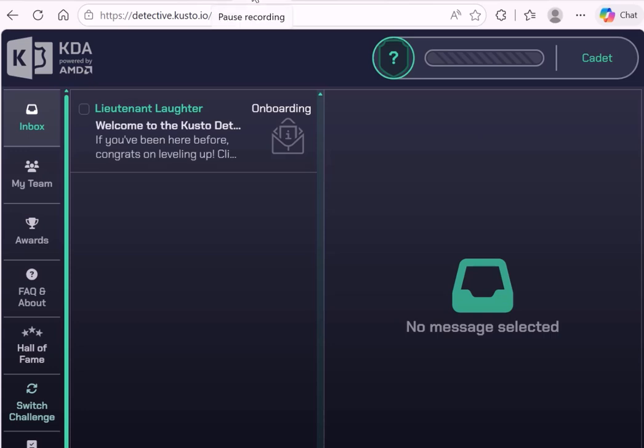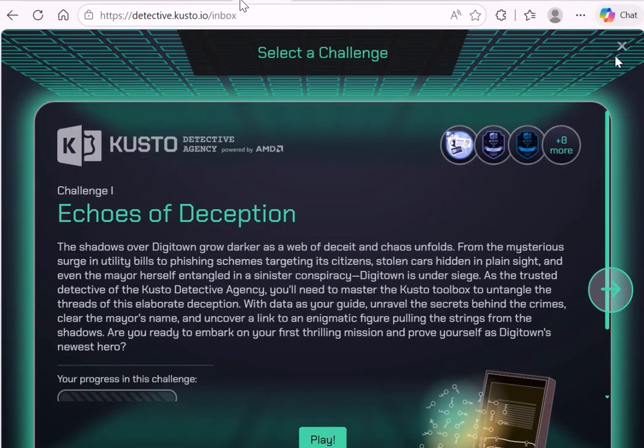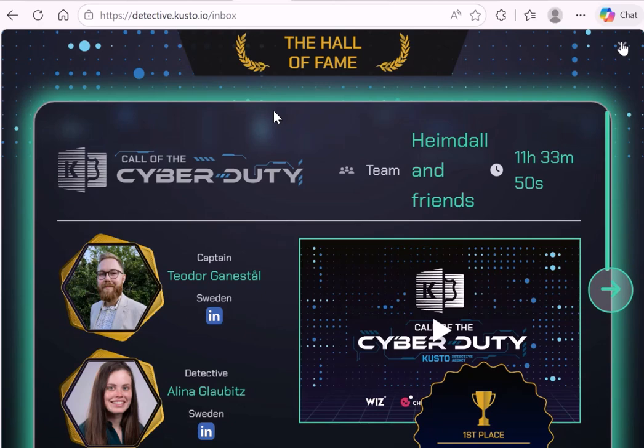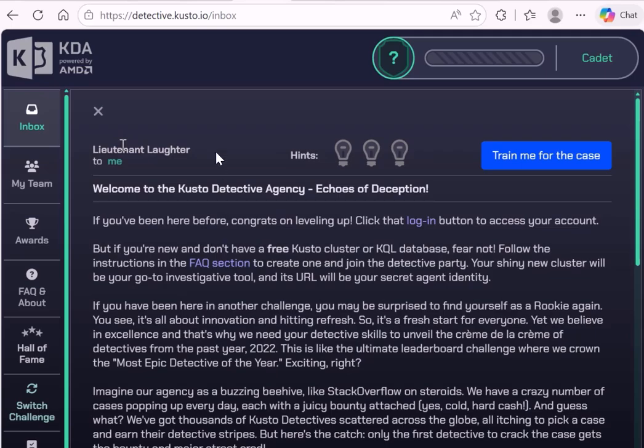After you log in, you will be taken to this page and you would have an inbox. You would have to next go through the inbox to proceed ahead. Skip these challenges. These are the challenges given for the practice. Skip this as well. Now you are in the inbox, and here